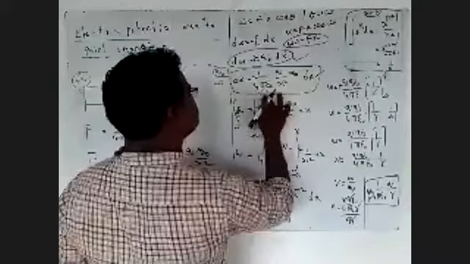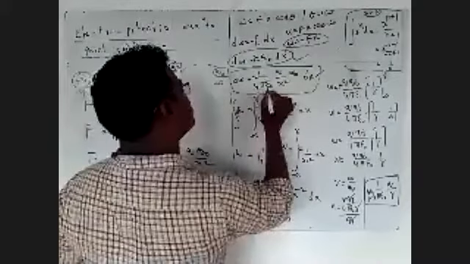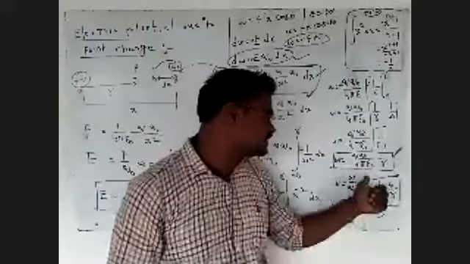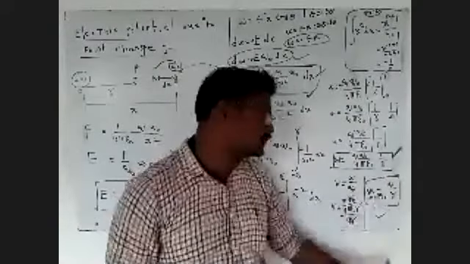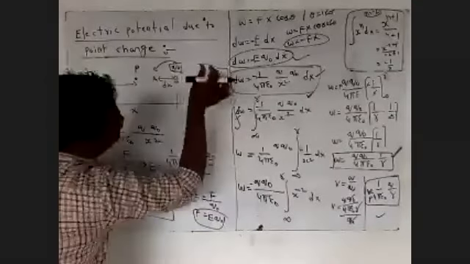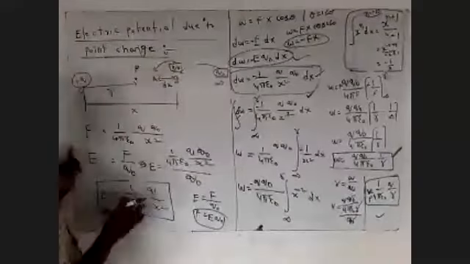The charge is shifting, right? So V is equal to W by Q naught, and W means the final work done. Putting this in the equation, we get the electric potential from B to A. This is the small work done, as it shifts from infinity to point R. That is the final work.